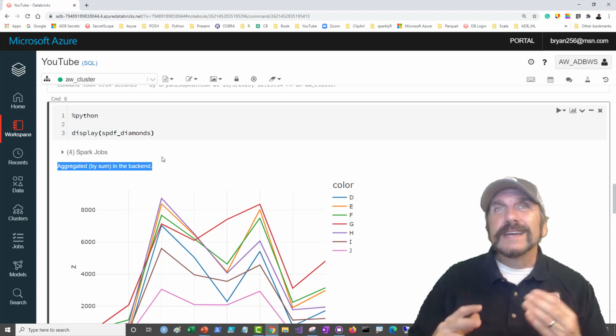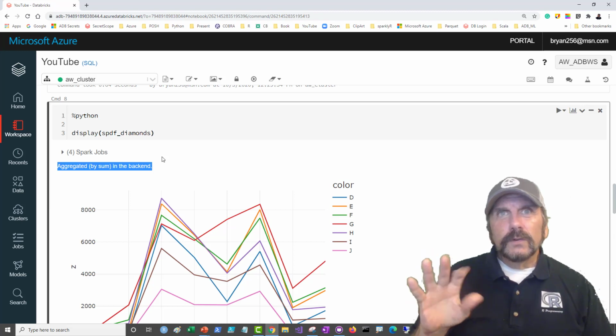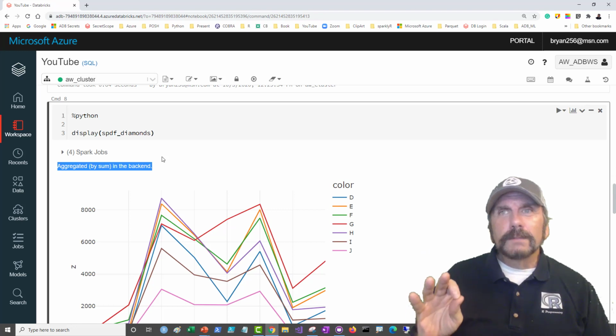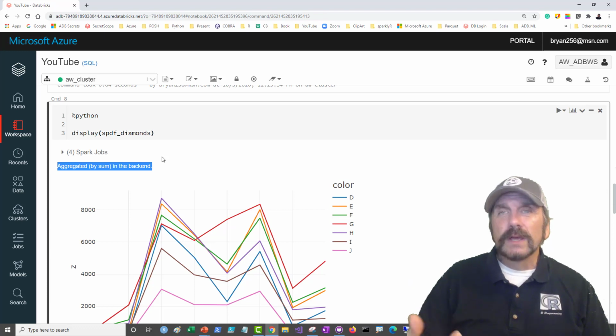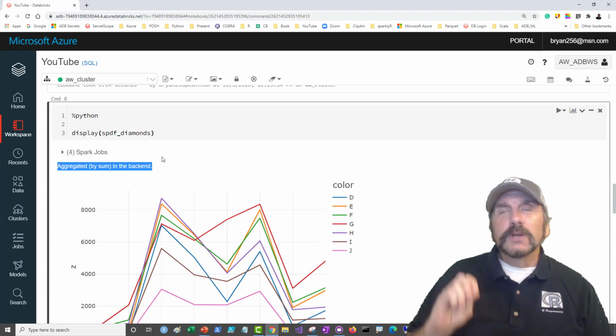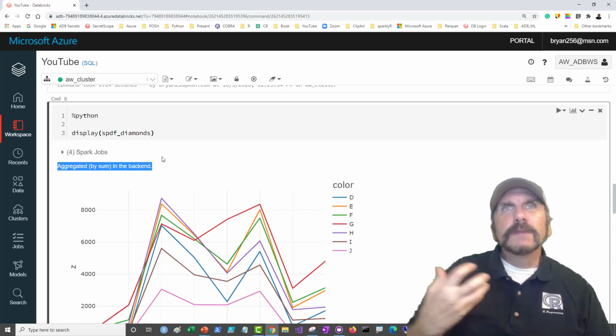because I can play with this, and this is Python. So I can play with this, and I don't have to use matplotlib. I don't have to do anything, because if you have used this, then you know that to use matplotlib within Databricks, you're going to have to bring the data back to the head node anyway. You still are doing that, but you're pushing the aggregation back to the Spark cluster and saying, do all this aggregation for me, give me the results back, and then plot it,